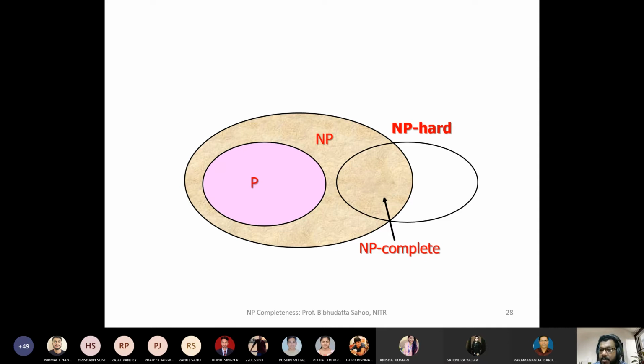If we look at it from a problem point of view, for some problems we have a polynomial time algorithm, and they belong to family P. For some problems we do not have a polynomial time algorithm, so they belong to NP. Now come to an instance. Let us say you have a sorting algorithm. Whatever numbers you supply, it is able to sort. But somebody comes with a particular input or set of elements for which your algorithm is not able to sort. How do you react to that?